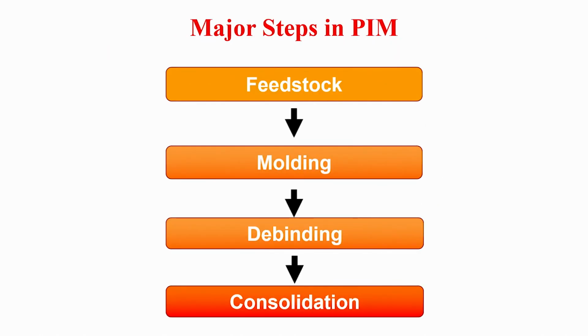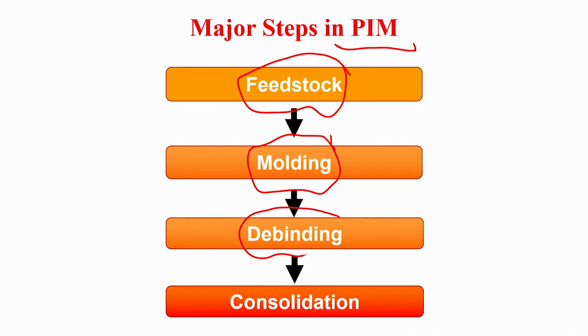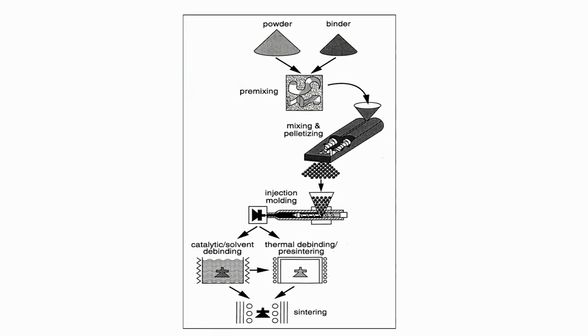Now, powder injection molding is also another technique which is commercially used. Injection molding is not only used for polymers, it is also used for ceramic or ceramic based materials. So, this is the generic description. You have the feedstock, then you have the molding operations, then you have the debinding, and you have the consolidation. Debinding essentially is to remove the binders from this feedstock after the molding is over, and consolidation is finally to consolidate the material into a very dense structure or dense shape.